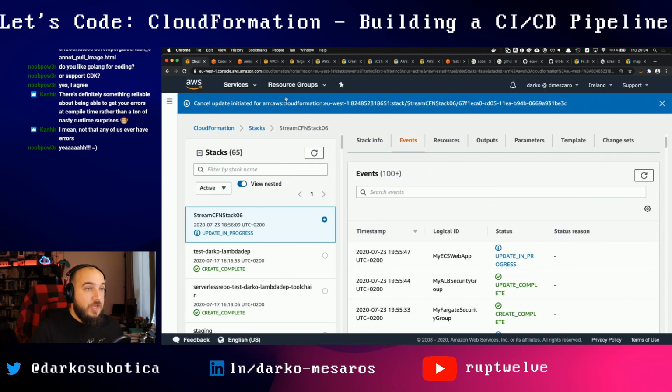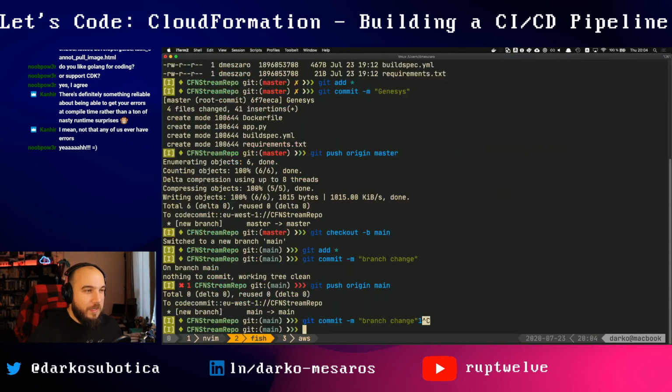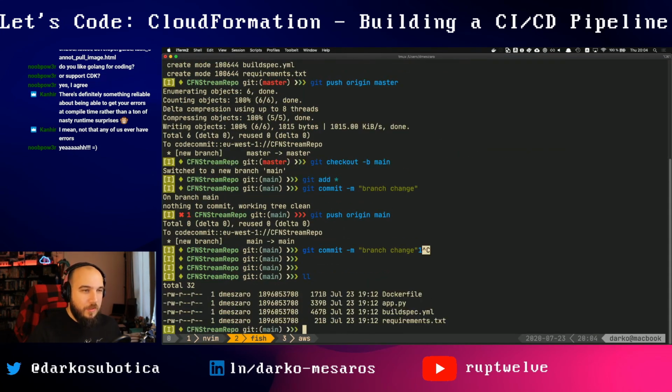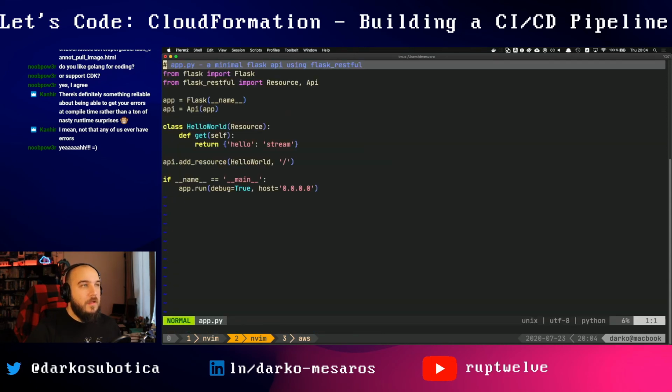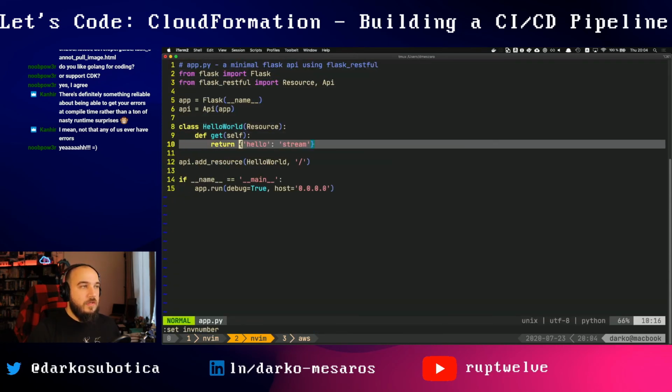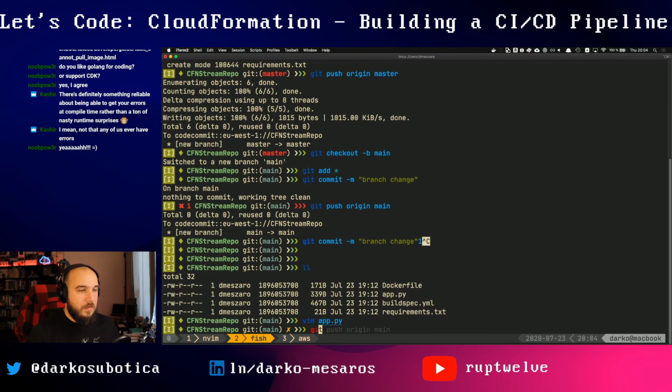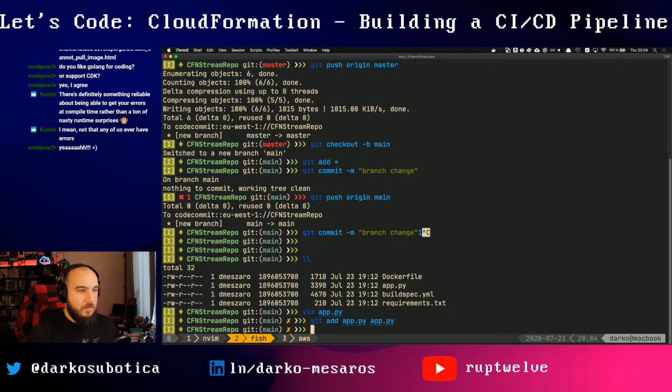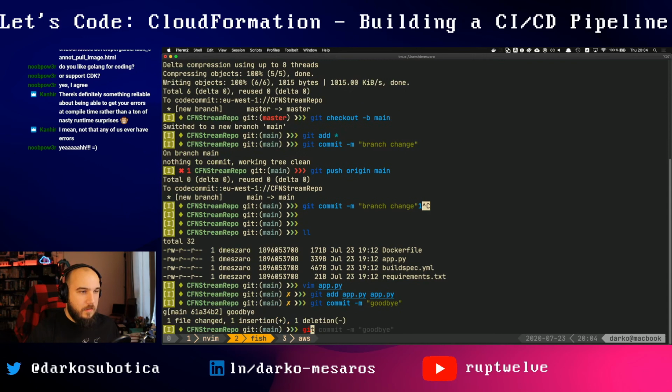Now, in order to update my application, this is going to be stuck here for a while, I guess. The only thing I need to do is go to my repository, change my app file, and instead of hello stream, say goodbye stream, right? Like that. I close this down, git add app, git commit goodbye, git push